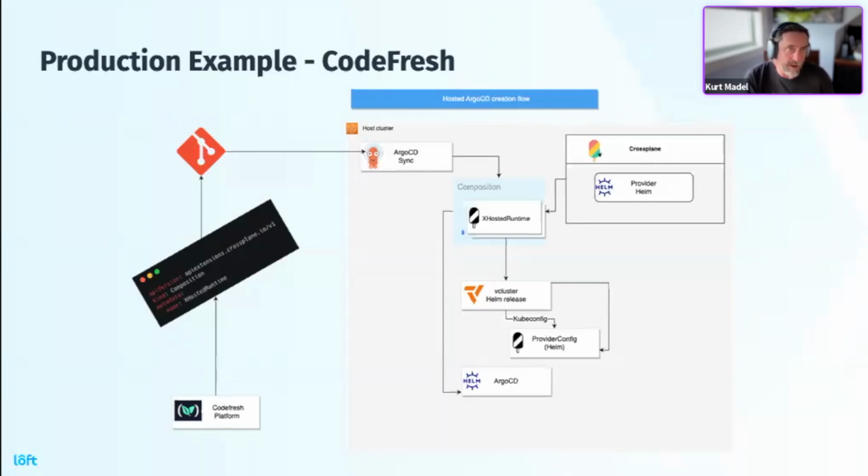So even if you're not doing this as a SaaS for external customers, this is still a really cool way to run Argo CD at a very high scale for large organizations. And so, yeah, the talk that I did for PlatformCon,